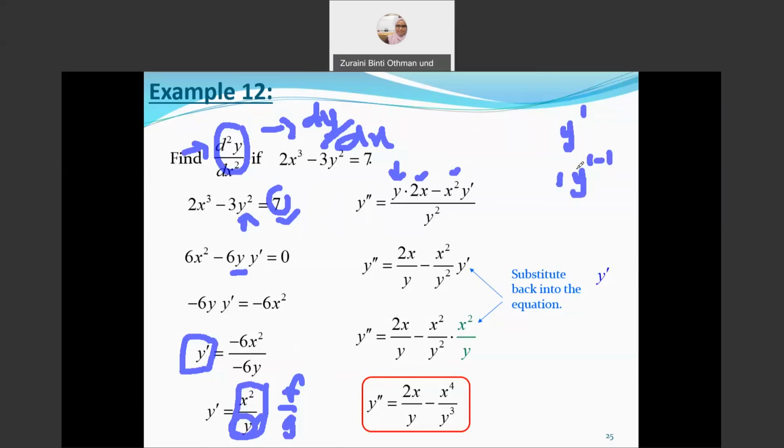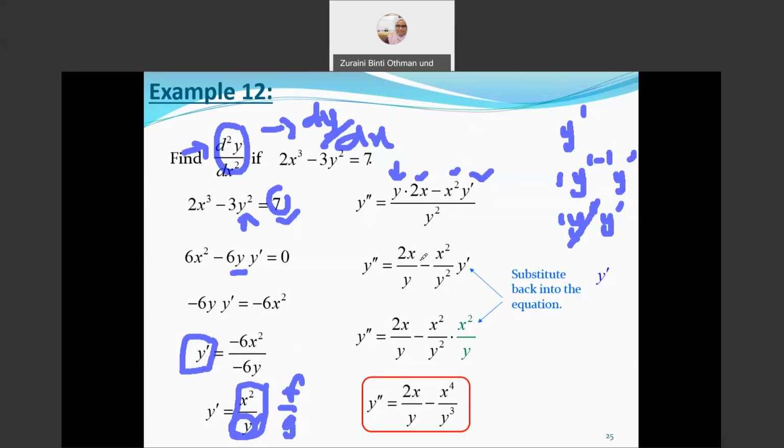Okay, disebabkan kita bezakan y, we have to put y prime dekat belakang. So kat sini ialah 1 kali y kuasa 0 y prime. So y kuasa 0 ialah 1. So yang tinggal ialah y prime saja. Okay, tahu ya kenapa dapat ni? Okay, so dibahagi dengan g kuasa 2, y kuasa 2. So sekarang dekat sini,